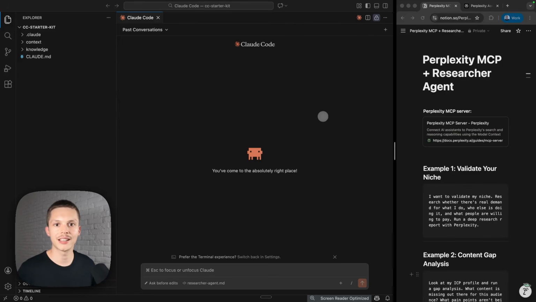In today's video, we're going to expand our Claude Code writing system even more. This time, we're going to be introducing custom research agents inside of it, custom Claude agents that can be built on top of your own context inside of your system, use your own skills, reference your own JSON context profiles, your content, etc. So this is a research agent that knows everything about your business, everything about your context, and can tailor the research